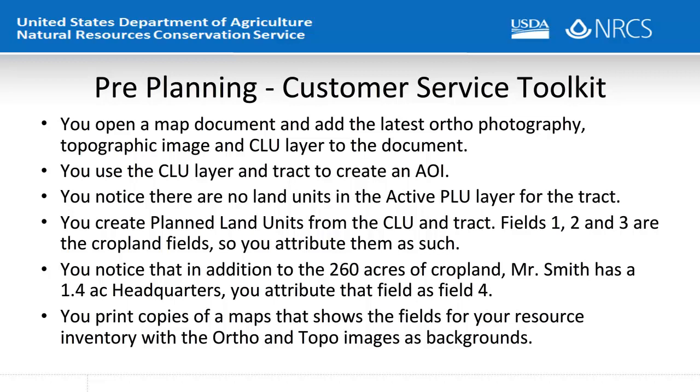Fields 1, 2, and 3 are the cropland fields, so you attribute them as such. You notice that in addition to the 260 acres of cropland, Mr. Smith has a 1.4 acre headquarters. You attribute that field as Field 4. You print copies of maps that show the fields for your resource inventory, with the orthophotography and topo images as